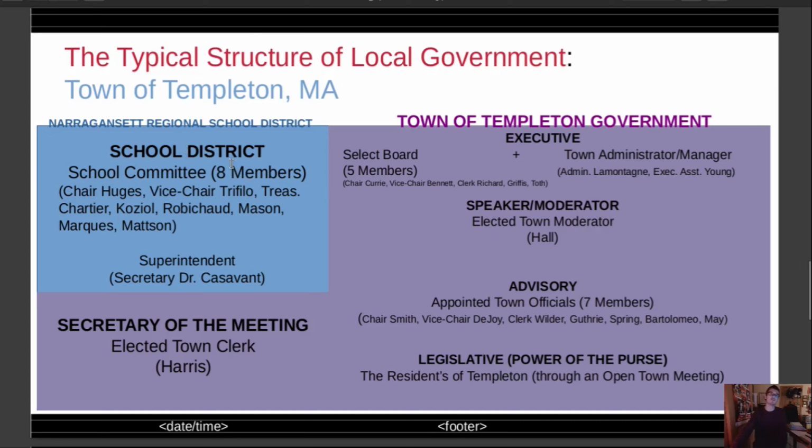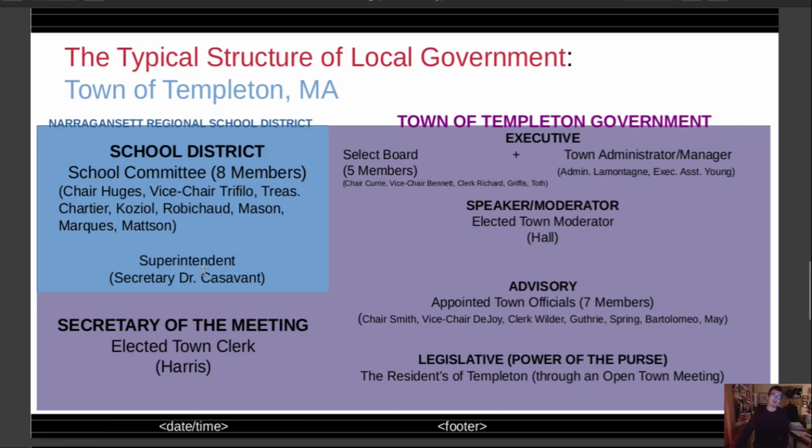Now, they're not going to necessarily be there. There will be members who will be watching. There will be people who will be there. But by and large, they have no powers at an annual town meeting. They don't. Everything's already been presented in its format. They've submitted what they have to the town. Now it's in the budget, etc. That's just how it is. But they will be there watching.